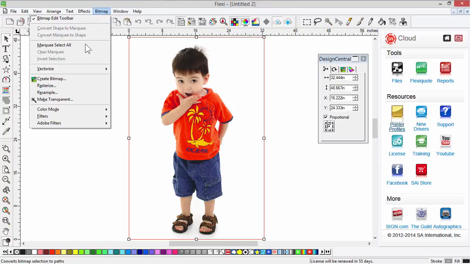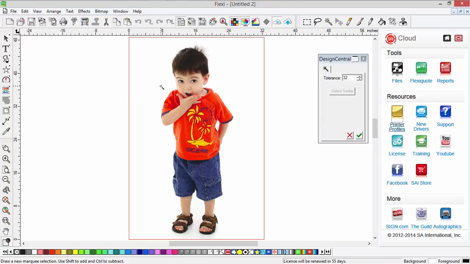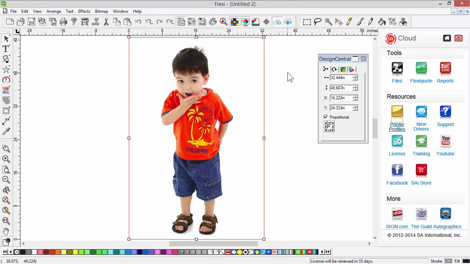Here's a cool feature: bitmap, make transparent. I can literally click on the graphic in the back. That's the white part right here, and I can change the tolerance or select multiple areas, like inside here, wherever I want. Apply that. It makes that white hidden to Flexi, so that when I go to my effects menu